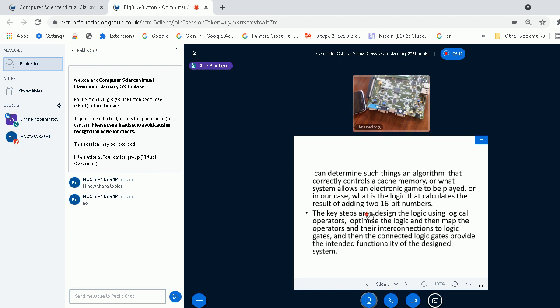And then the connected logic gates will provide the proposed or the intended functionality of the system that you've just designed. So I'm perhaps exaggerating things a little bit, but